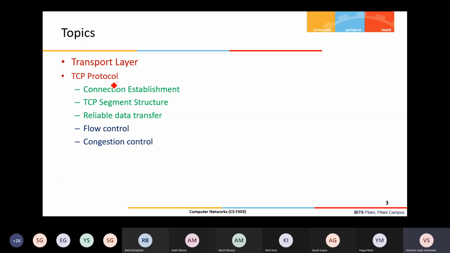We will understand the TCP protocol from the point of view that, as we know, TCP is a connection oriented protocol, and that connection orientation is used for providing the reliability. So we'll first see how the connection is established between the client and server, or between two endpoints which are communicating and want a reliable data transfer service.